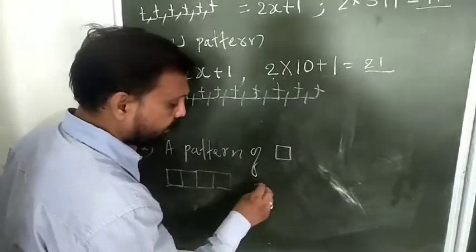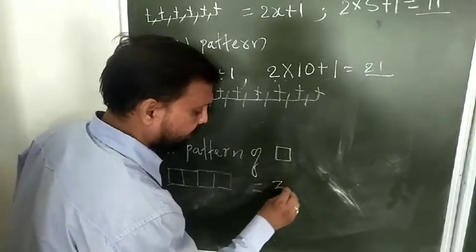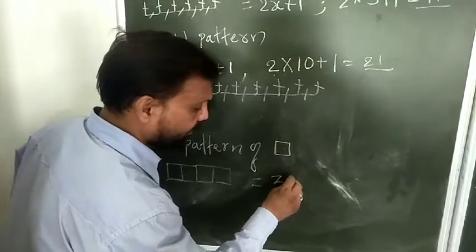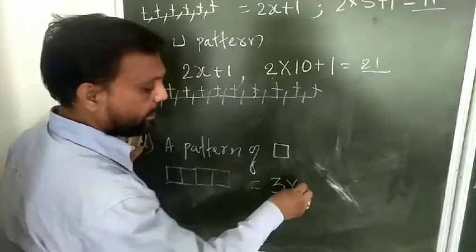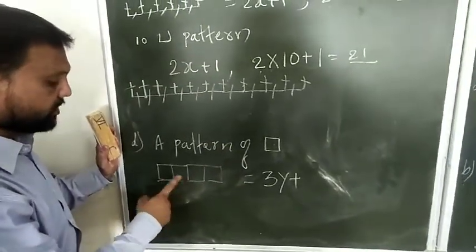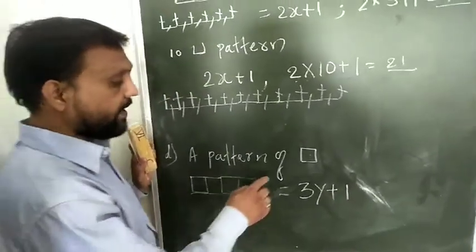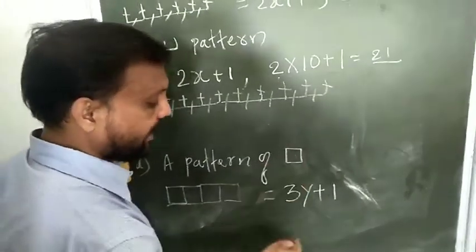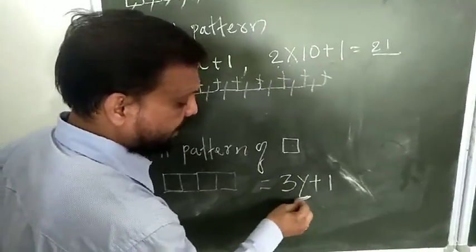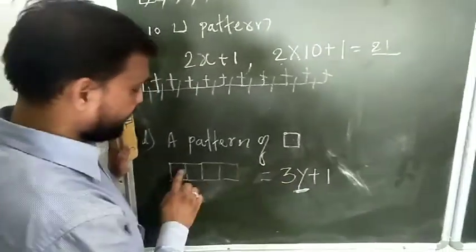So what is the rule here then? First time 4, second time 3. So the second time how many do we require? 3. So that's why we take 3 here. Now you can take any variable. Here I am taking the variable y. Now plus. First time how many sticks are required? 4. Next, the second time, 3. So what is the difference? 1. So the difference here we are writing 1. So the rule to make a square is 3y plus 1. y means the number of squares required. This 3 as we saw here, and this 1 is the difference of first and second.